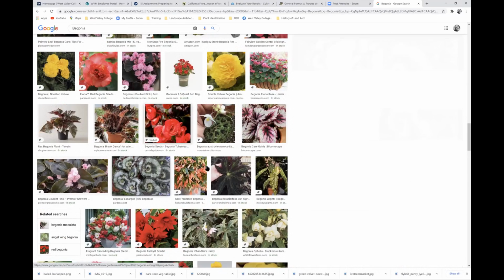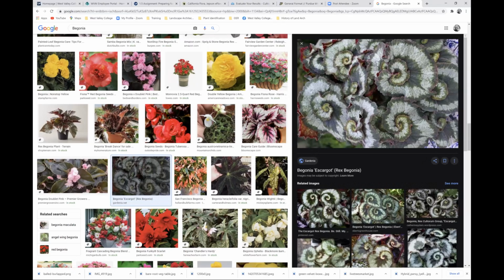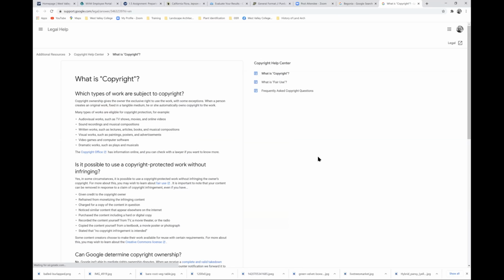So if you were to go to this cute little one, you see that you've got the photo, and then it has the title of the photo. And then just below it, it says images may be subject to copyright. So when you click on that, it says all this information about copyright. You don't have to worry about that. What that tells me is that I do not want to use that photo because it's dealing with copyright, not Creative Commons, not open source. All right. So you want to skip this one.